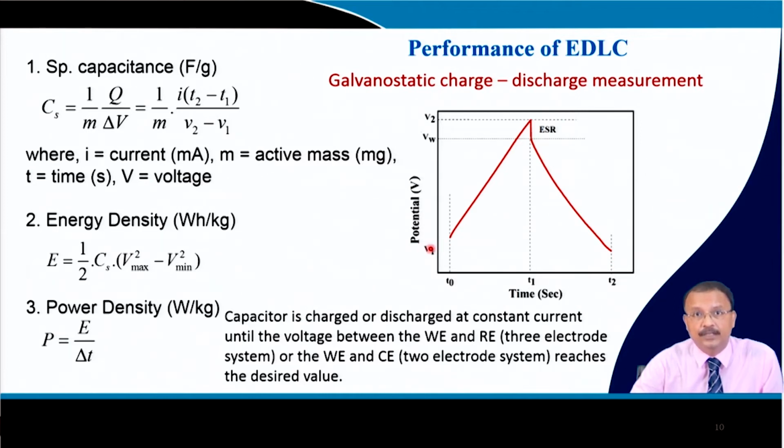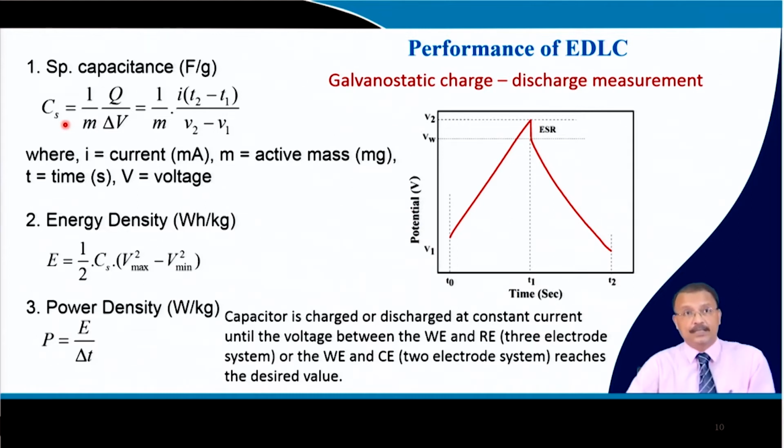and then you discharge it up till a voltage of this V1. So, V1 is here. So, you discharge it to V1, and this time is what you are basically measuring. So, the capacitance you can calculate, and this is quite straightforward: the value of Q by delta V into M. So, it is coming from the simple relation Q equal to C V, and M is the active material